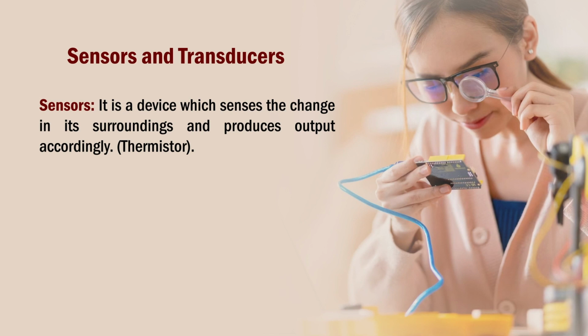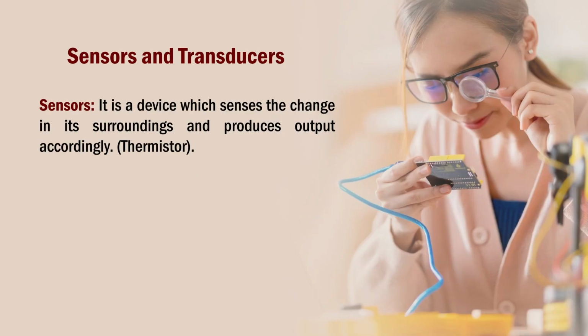A sensor converts these changes into a measurable electrical output. A sensor will respond to the change in a physical quantity, but is not able to convert it into other forms of energy. One example is the thermistor. It is a sensor which can sense the temperature and produce electrical output,